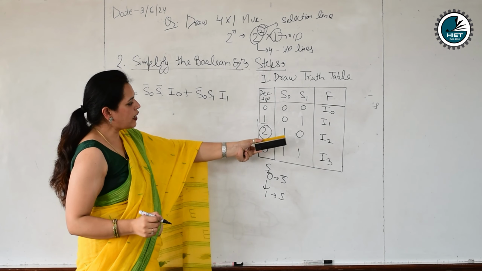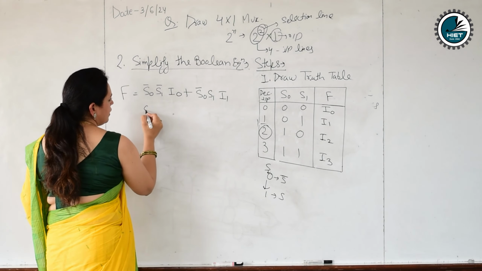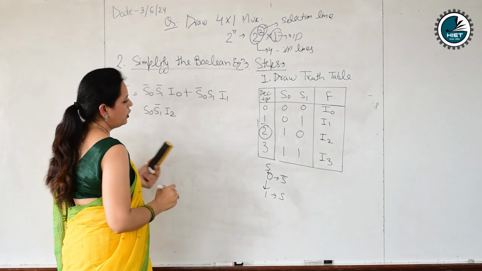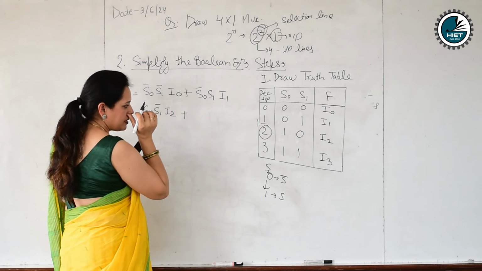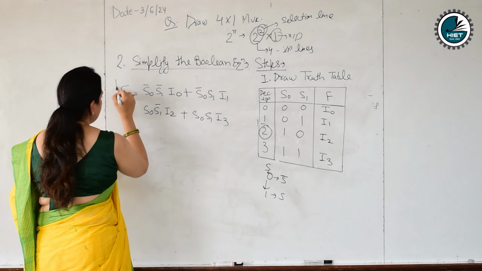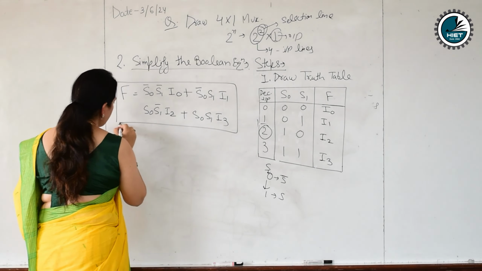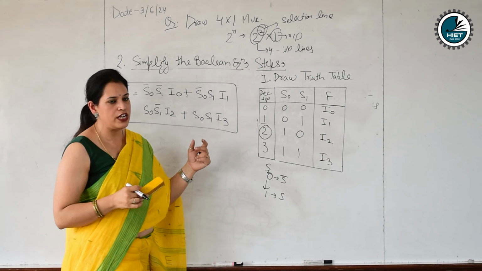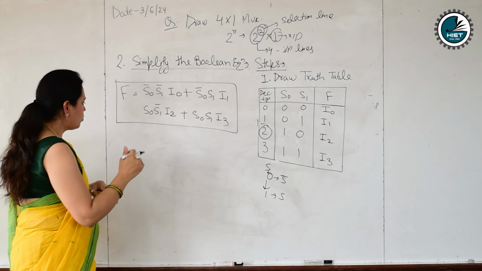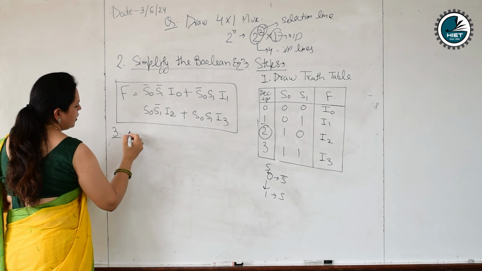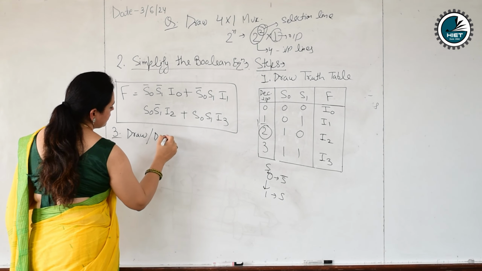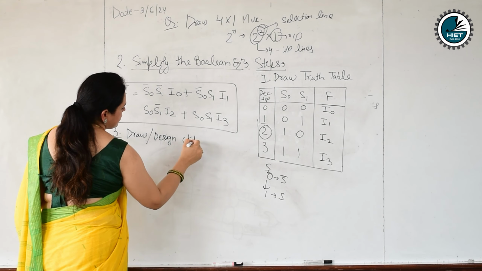Clear? Now come to the third one for I2. S0, S1 bar and I2. And the fourth one, the same, S0, S1 and I3. This is the Boolean equation, or we can say the simplified equation for the 4x1 multiplexer. Clear? Now the third step, draw or design the circuit